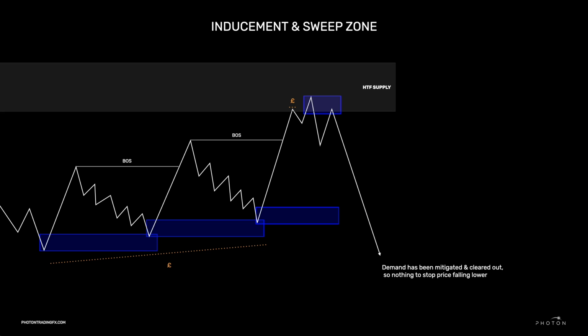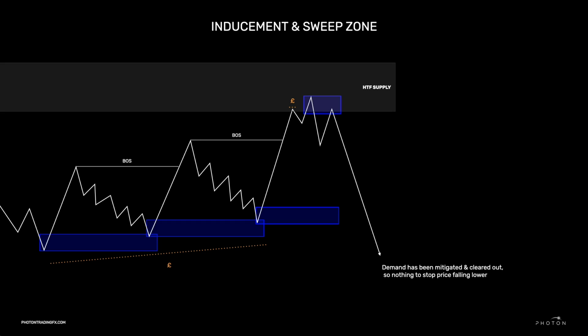Now, another common example is where you will get a series of mitigations, right, as bullish order flow is holding, with demand being respected each time. So price pulls back to those demand, breaks up higher, pulls back to demand, breaks up higher, right? But anyone who is essentially still long in the market when this is happening, they will likely have their stop losses below that trend line that is now forming, right? And there will also be plenty of breakout traders who will be looking to get short on the bearish breakout